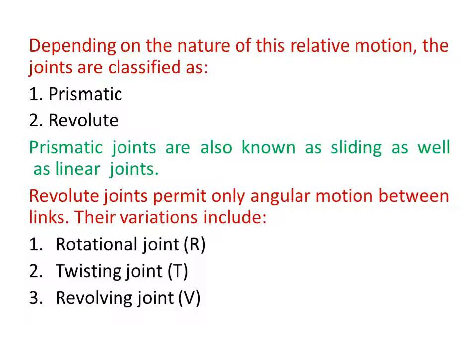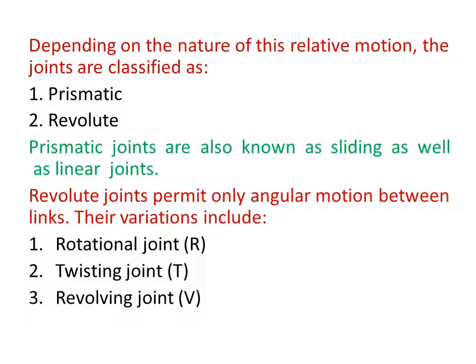So suppose you consider your hand, right, your elbow will permit a motion, okay, and your hand will move in a radial space, or you can say that this will rotate like this. Okay, next is the twisting joint. So a twisting joint is a kind of rotational joint where the rotation takes place about an axis that is parallel to both adjoining links, right? So it is a kind of twisting motion.